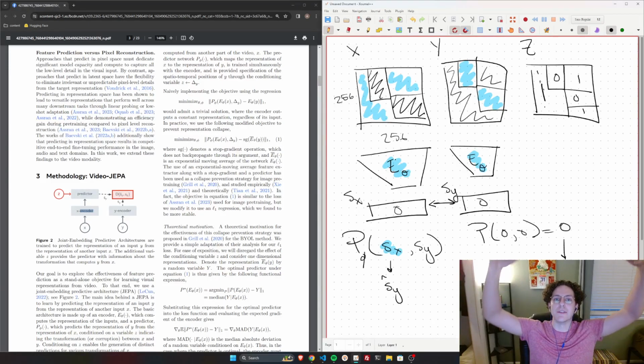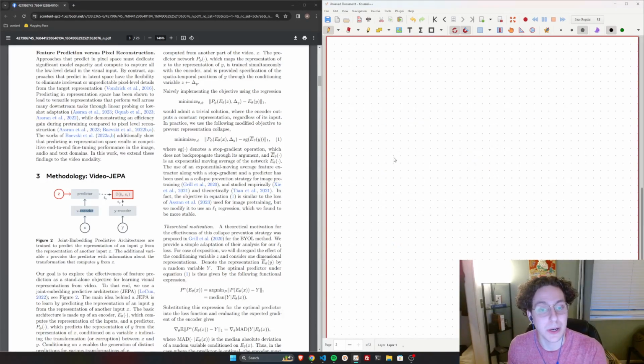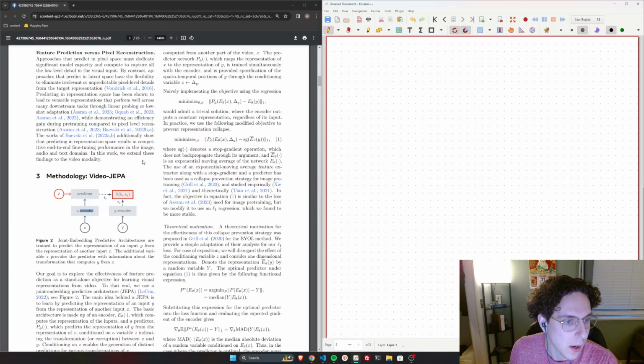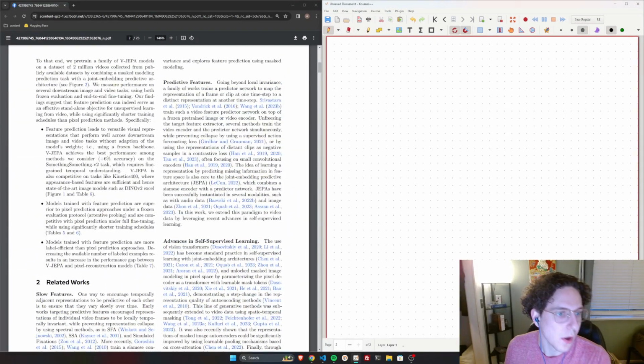So if you just have zeros all the way down, you have a supposedly perfect network, right? Obviously, this shouldn't be the case. We know in definition this is what is called model collapse. And they discussed this briefly. So